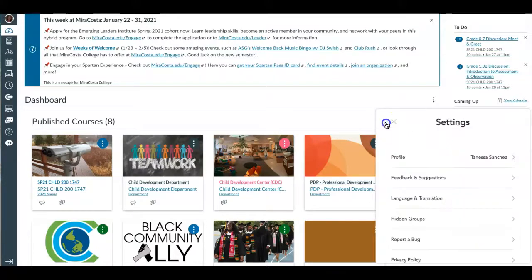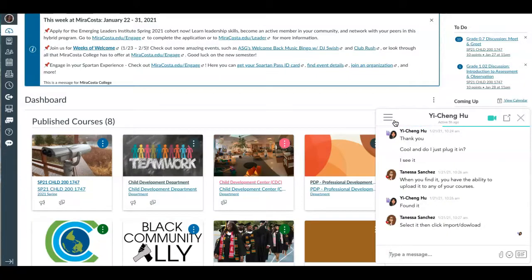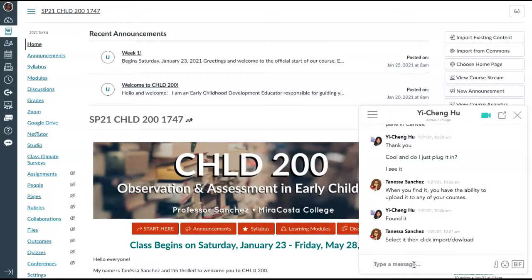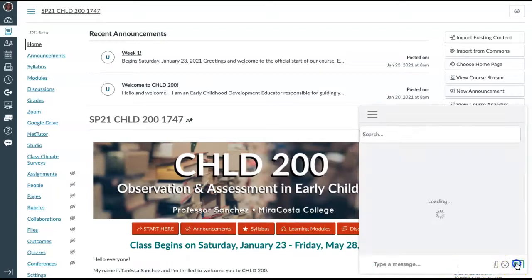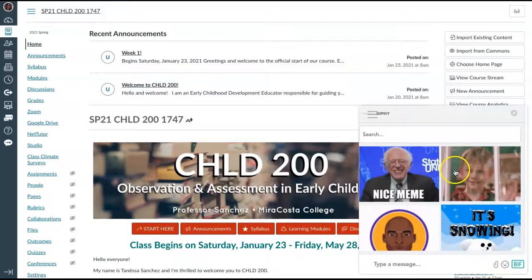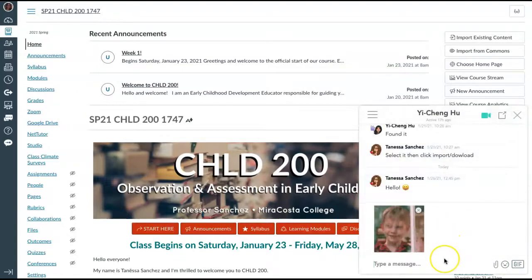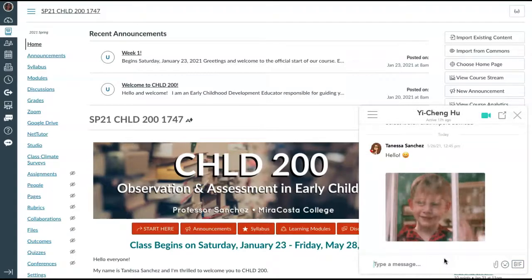Now, heading back to the drawer listing, I would like to share with you and demonstrate the ease of sending messages. For the purpose of this demonstration, I will share a direct message exchange Yi-Chen and I had just a few days ago. What you see is similar to texting in many ways. Messages allow for attachments, emojis, and GIFs to be shared. I can type Yi-Chen a quick hello, give her an emoji wave, clicking return allows me to send the message, and I can also send her a GIF by simply clicking the image and again hitting the return or enter button on your keyboard.